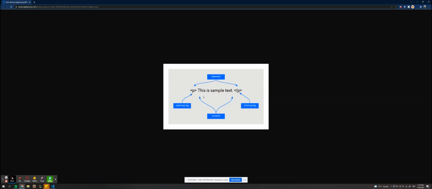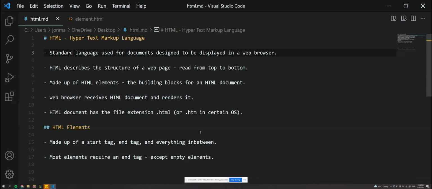And then following that is the closing tag, represented by the opening angle bracket, a /, the name of the tag, in this case P, which needs to be the same as your opening tag, and then a close angle bracket. Now this entire structure is called an element, or an HTML element. Now most elements do require an end tag, except for empty elements. Now I'm going to go ahead and show you